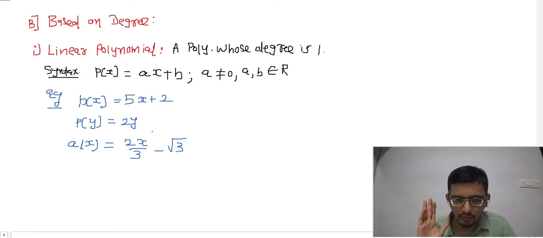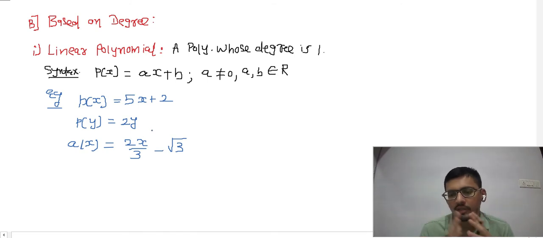Okay, so for a polynomial to be linear, it is not mandatory that two terms should be there. You can see the first example, it was 5x plus 2. In the second example, I just wrote 2y, but still this is a linear polynomial because the degree is 1. And a and b can be any real number. Just make sure that a is not 0. And why is a not 0? Because I want a linear polynomial, meaning x should stay. If you put a equal to 0, x only will go. So there is no point in discussing linear polynomial. So now see this example number 3.